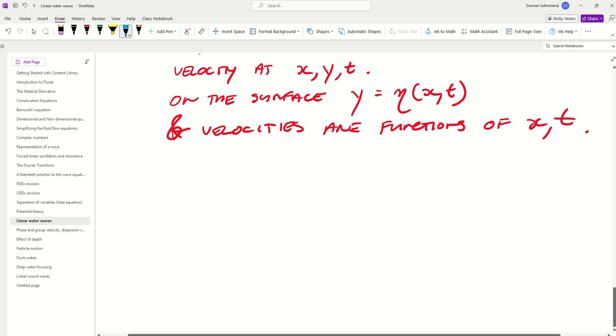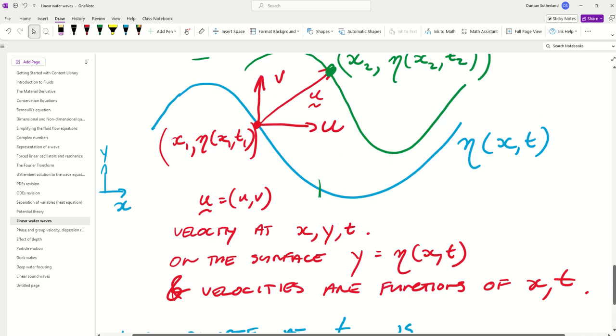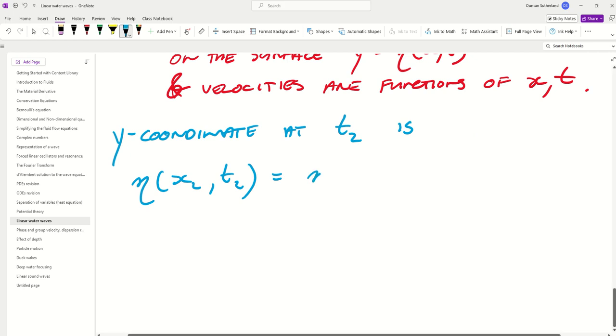The y coordinate at time 2 is eta x2 t2. That's just the name of it. But it's this point, eta x1 t1